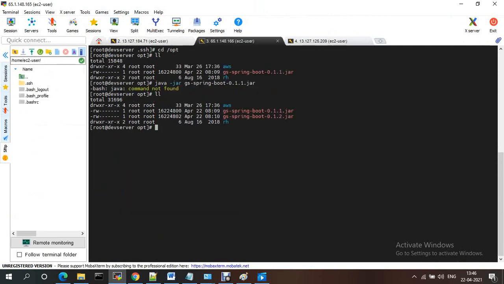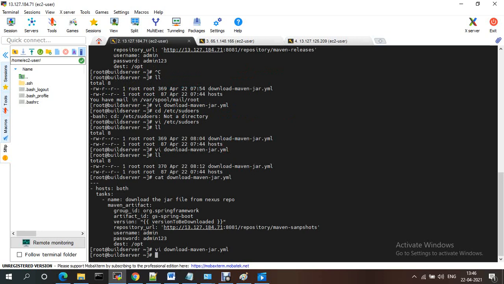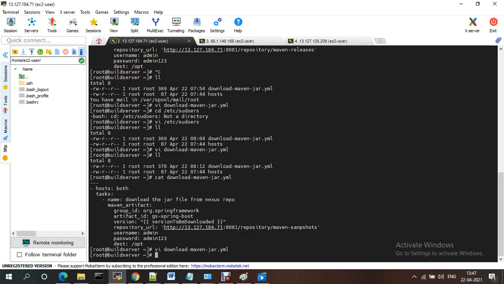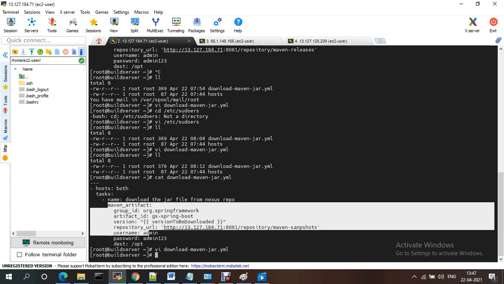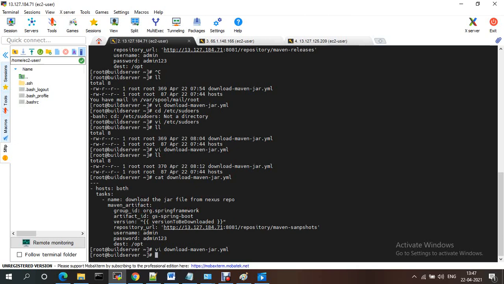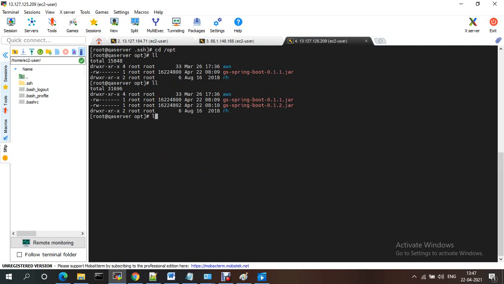Okay, if you go to the opt folder under the dev server, you will get this version. This version is available under Nexus, that's why it is getting downloaded into the build server. So from the build server, using this download module, and these are the parameters which we downloaded. So we just copied this one, and we will get the same.